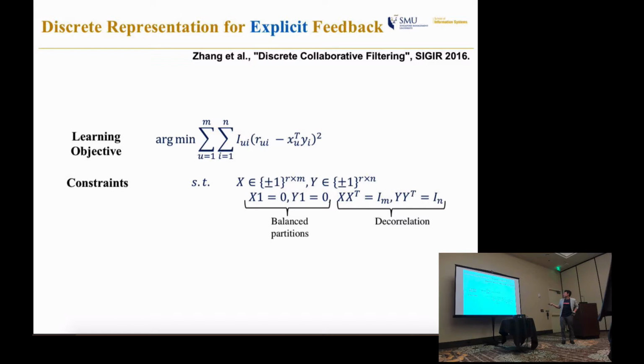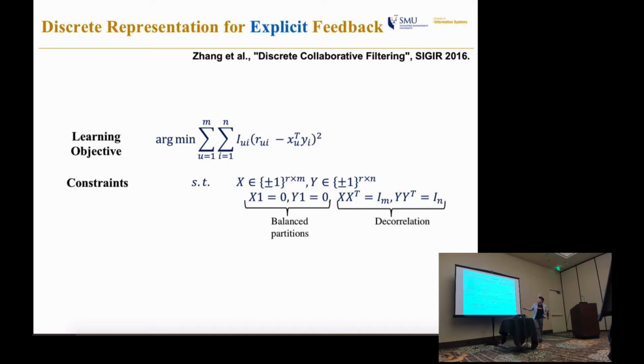Now, we also want this to be decorrelated, because in that case, if you look at the covariance of the matrices, they're going to approach the identity matrix. Now, this is still a very difficult problem to solve. So essentially it's still intractable. They still need to produce another form of relaxation, except that now they don't relax the binary codes, they relax the constraints. So in this case, they define a real valued constraint, and we just try to approach that as closely as possible. Then through an alternating optimization scheme, where the earlier constraints are defined over the x and the y's,